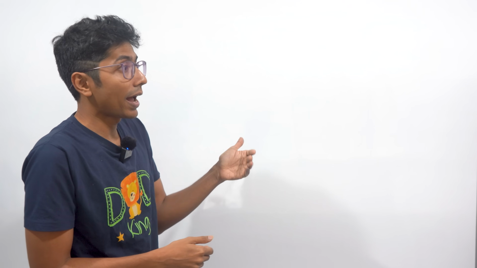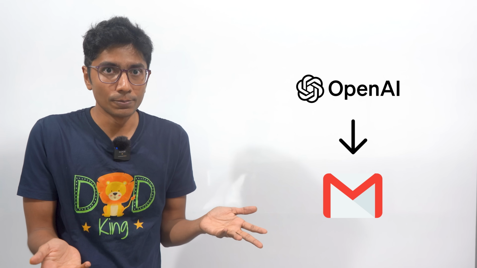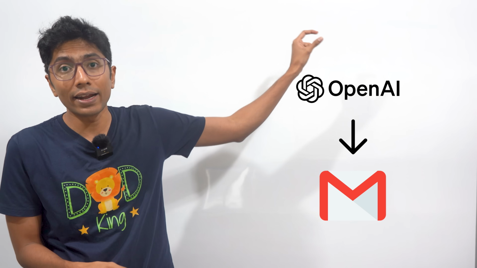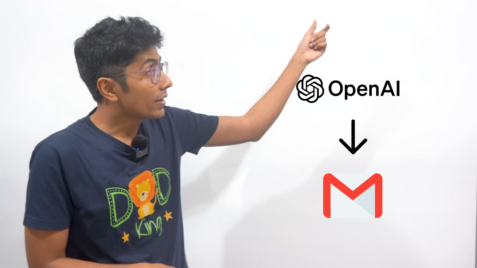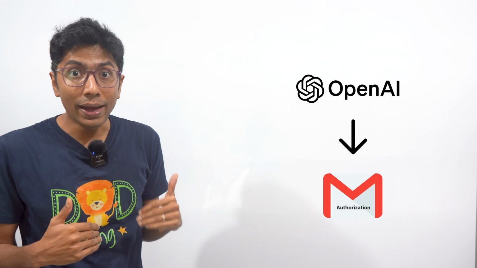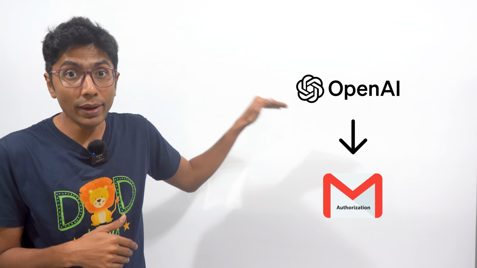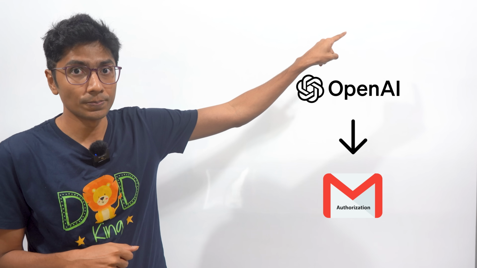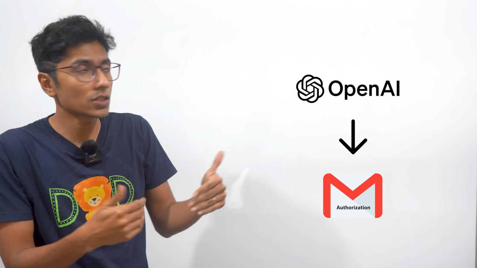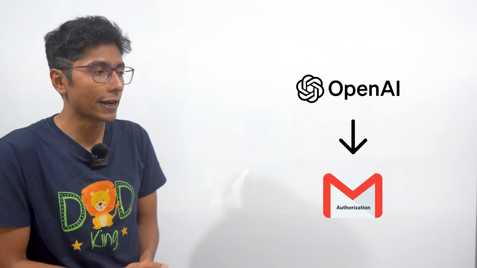In the sense, if I have to send an email without Gmail access, I can't send an email. So what if Gmail had an MCP server? If it did, it would need authorization from my side before any emails are sent by ChatGPT using the MCP server. Because it's my email address, I have to say yes before any email is sent.